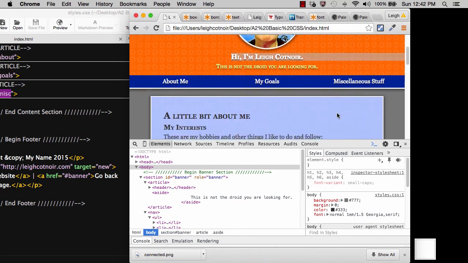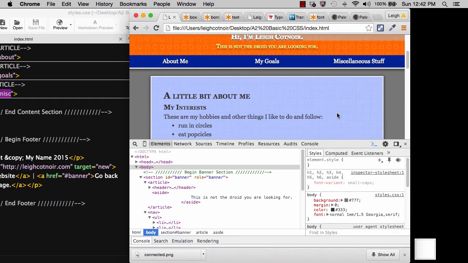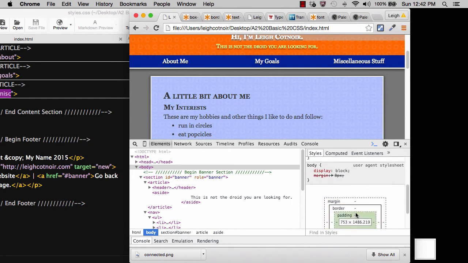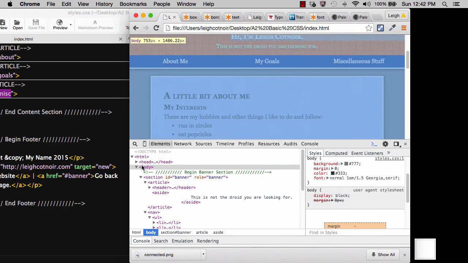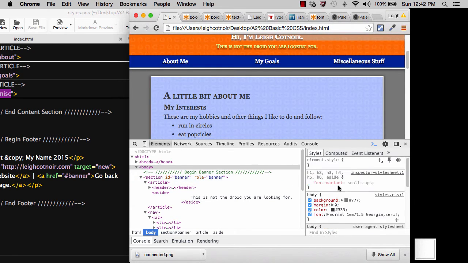The other thing that I'm not in love with is automatically the user agent. If you want to scroll down and look, I would have to actually select it here, but I'm not going to. But if you were to look at any of the H1, H2, or H3s, or, well, not necessarily the aside, but the H1s through 3s, you would notice that the user agent is also applying a bold to the font. And I don't want it to be bold. I want it to be normal. So I could do